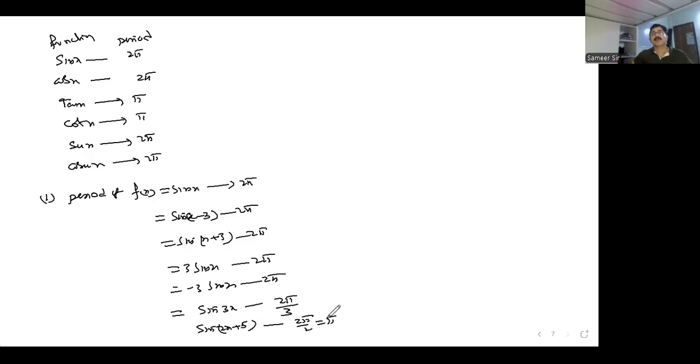अगर से तू ऐसा लिखेगा, 2x plus 5 ऐसा लिखेगा, yes, 2 pi by 2, इसका period क्या होगा, pi। समझने वाली बात है भाई। In all examples, 2, 3, 4, 5, 6, 7, ऐसे examples देते चले आ रहा हूँ। देख भाई यहाँ पे देख, 3 है, sin 5x plus 2 है, minus 2 है, कुछ भी लगा ले, अपने को यहाँ पे नहीं चलेगा, 2 pi by 5।